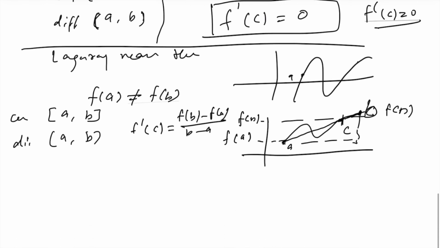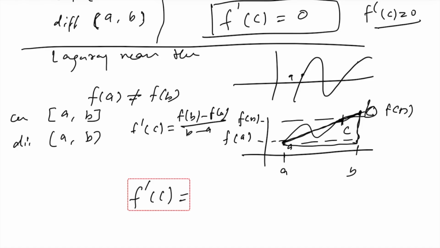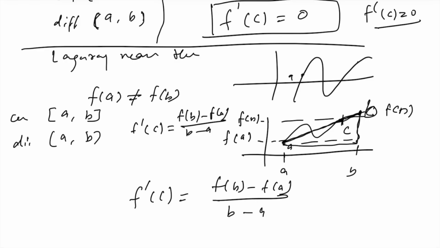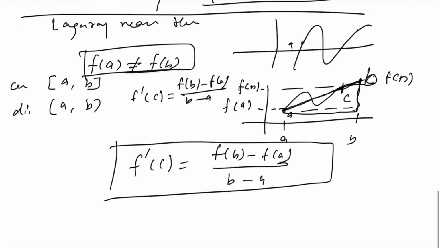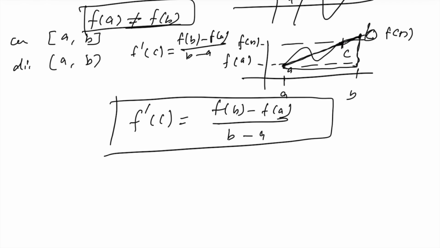I'll write it like f prime c. There would be a point c where the slope is equal to the geometry that it follows. So this point A, this point B. So simply we could write f(b) minus f(a) over b minus a. So that becomes Lagrange's mean theorem. The only difference is that f(a) and f(b) are not equal. So let's use these theorems